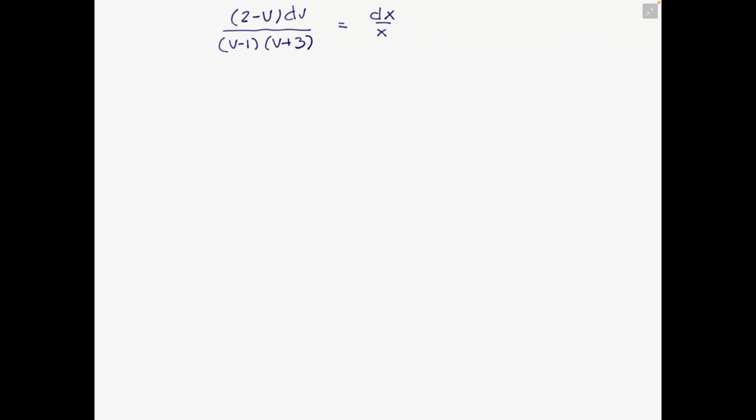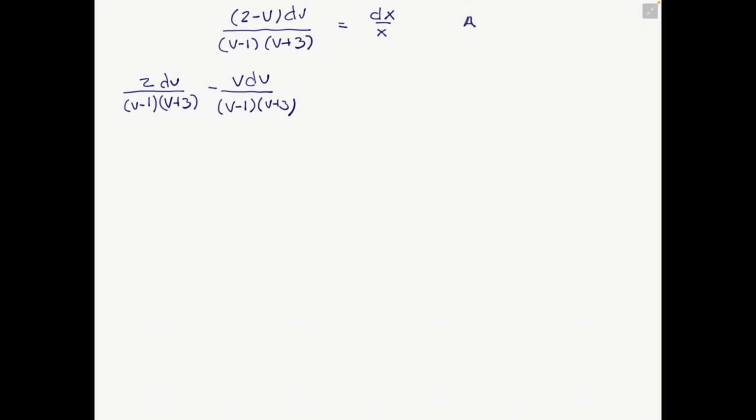This is going to require us to separate this by partial fractions. So we got 2 over 2 dv over v minus 1 on v plus 3 minus v dv on v minus 1 v plus 3, and we're going to say that